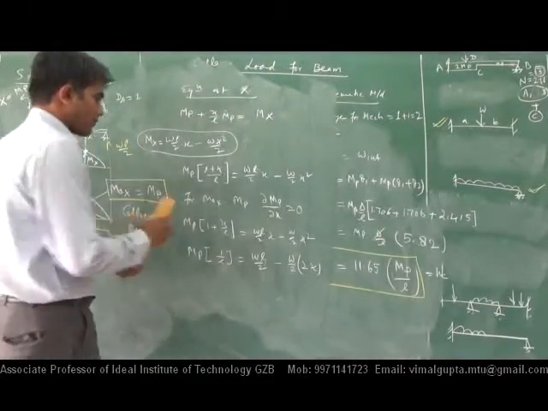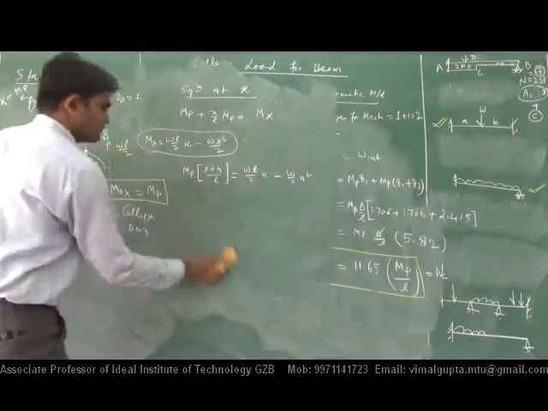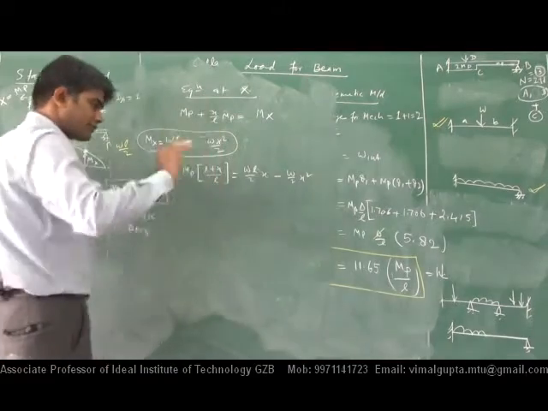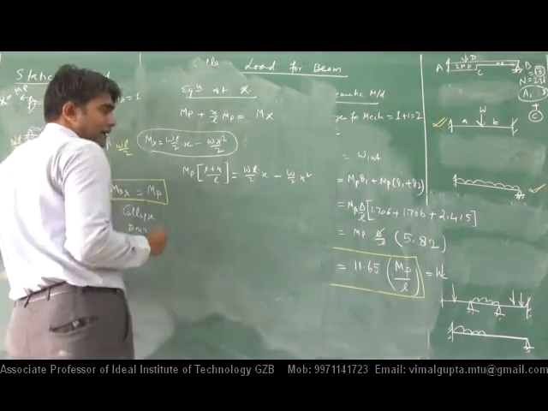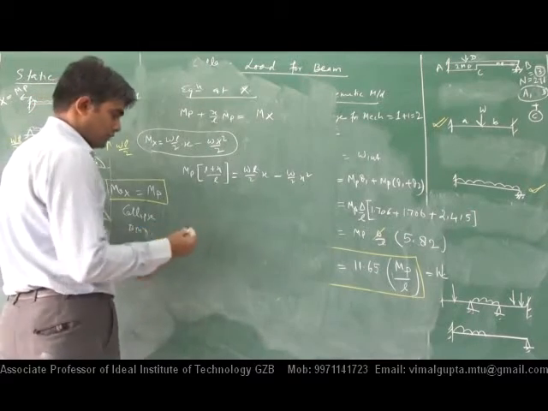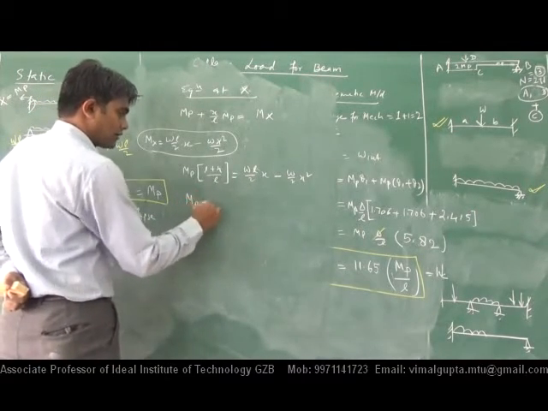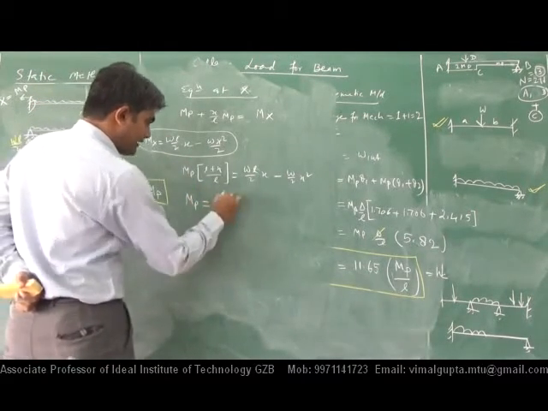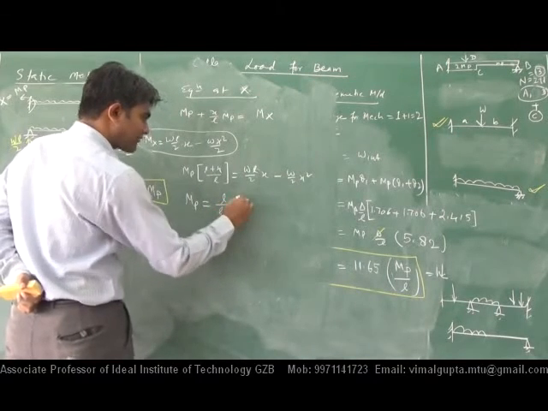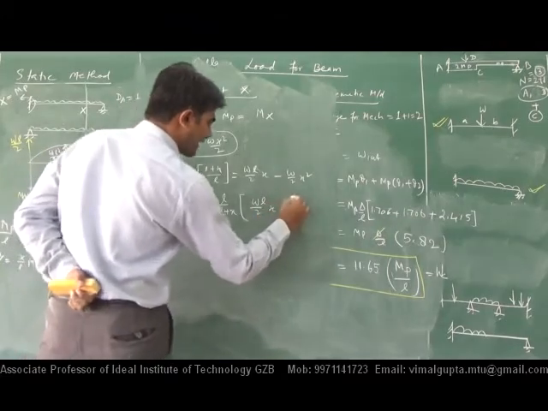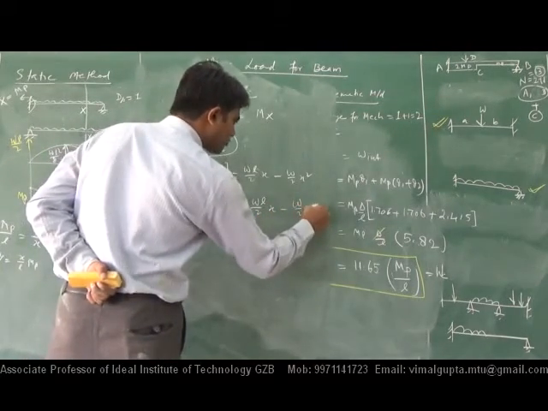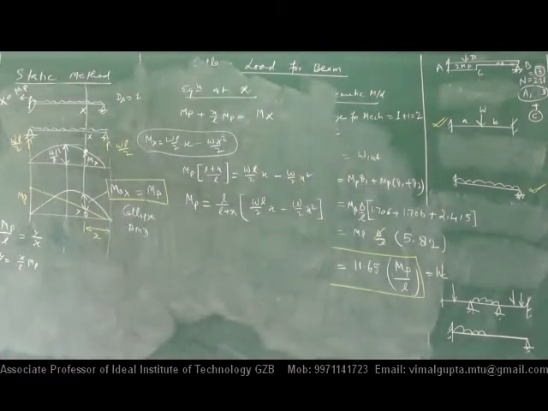Yes, that is the value that I want to calculate from here. So the value of MP, कितना हुआ? It is L upon L plus x times of WL by 2 into x minus W by 2 x square. Okay,